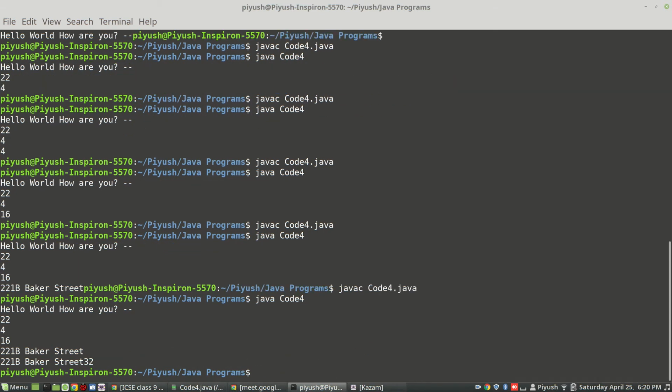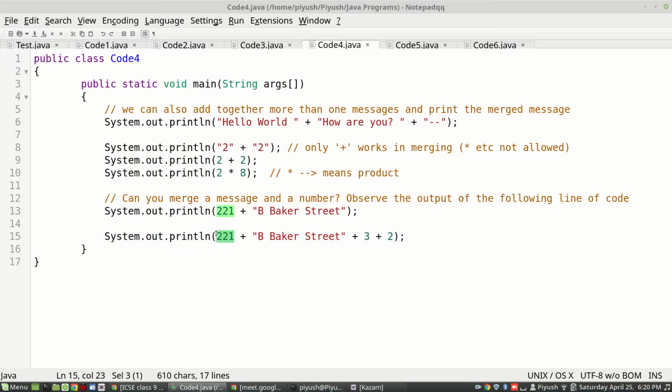What just happened? See the last line. That means if messages are involved in the middle, and plus signs are there before and after it, it won't pick up this first and that next and then add some. That doesn't happen. If even one message comes in between, then concatenation will happen.